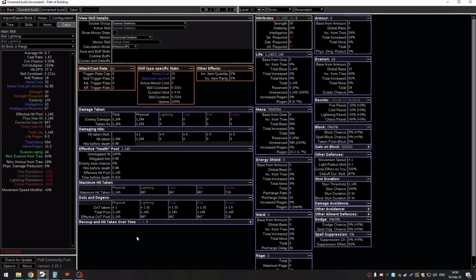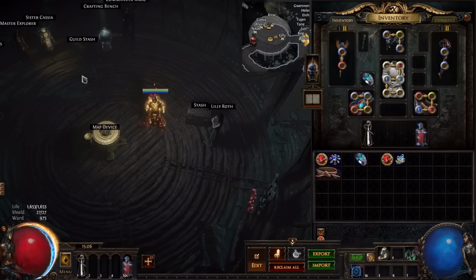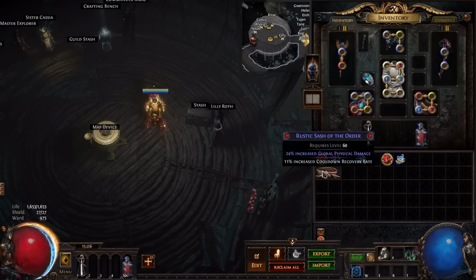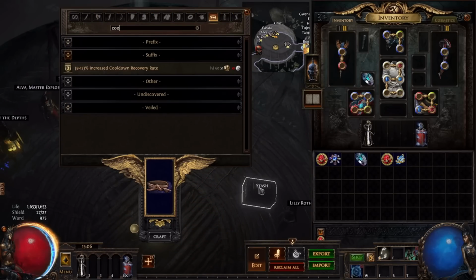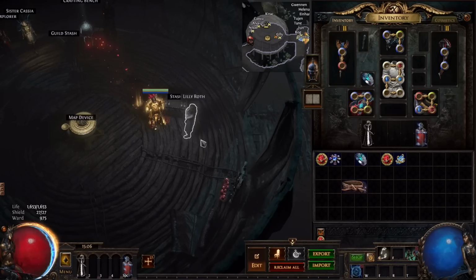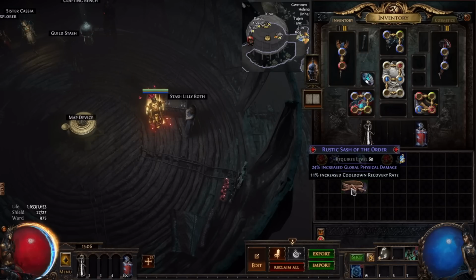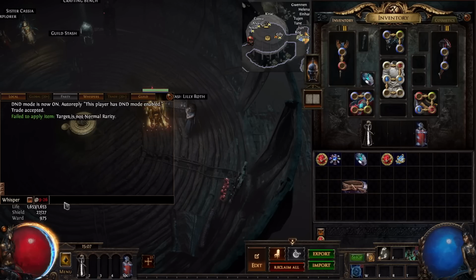So let's see what happened in the game. Here I have a belt with 11 increased cooldown recovery rate. Why 11 and not 9? Because this mod costs 1 exalt, and I don't want to waste currency just for demonstration. But from 9 to 26% cooldown recovery rate, nothing will happen.